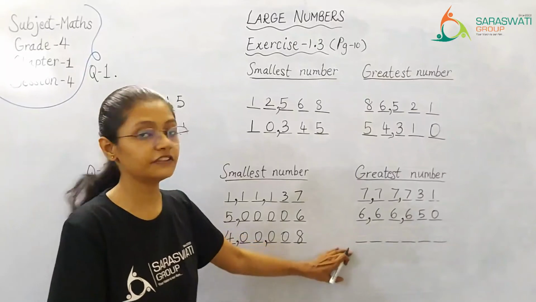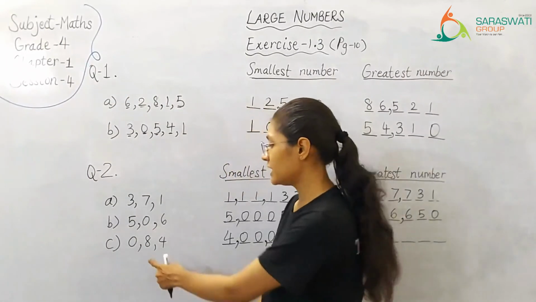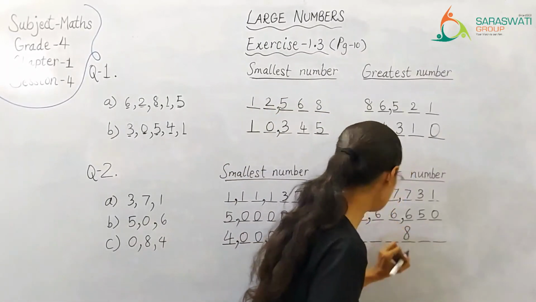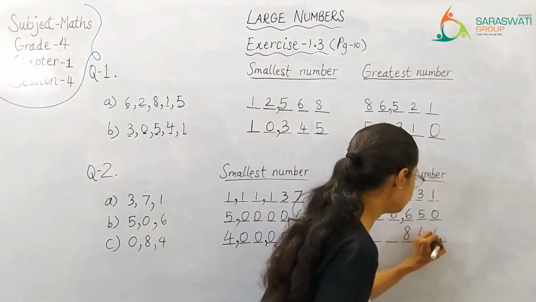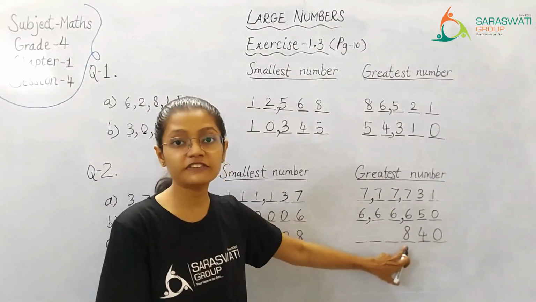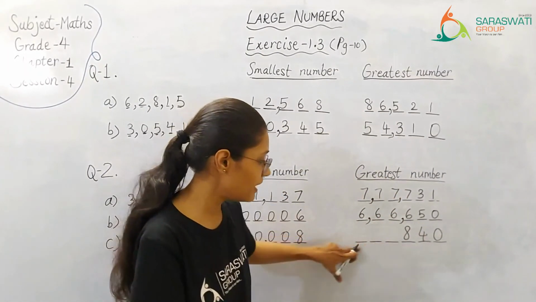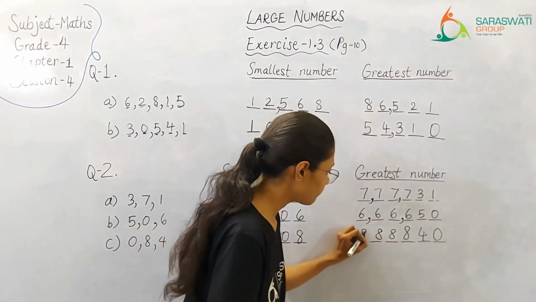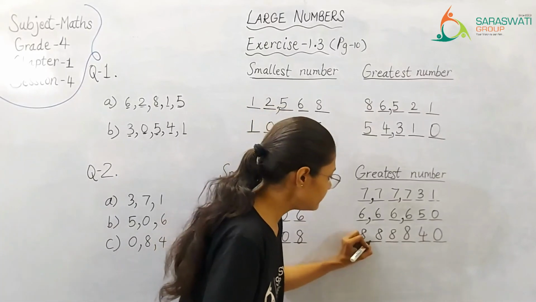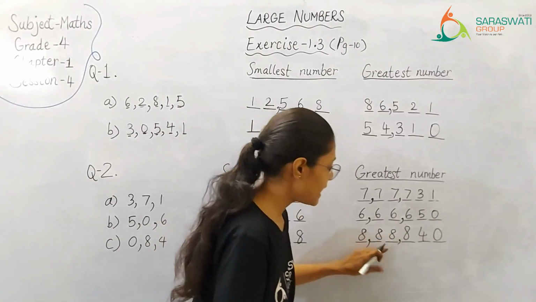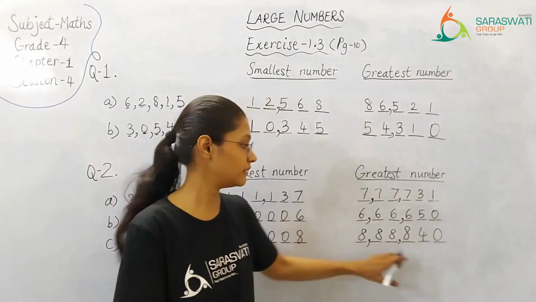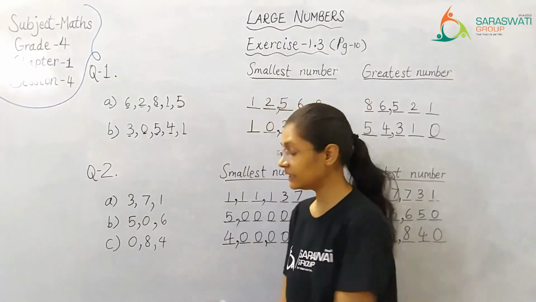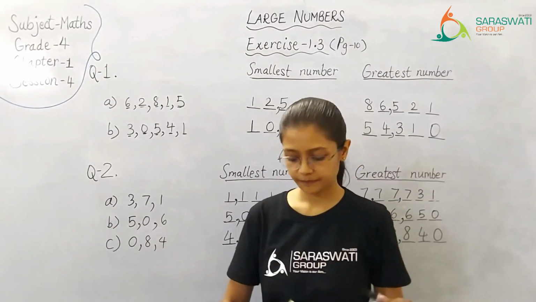Now the greatest 6-digit number formed using these 3 digits. Writing them in descending order over here. So we have 8, 4 and 0, and repeating 8 which is having the greatest value towards the extreme left. So repeating it over here. The number formed is 8,88,840, the greatest 6-digit number, using these 3 digits and using the digits at least once.